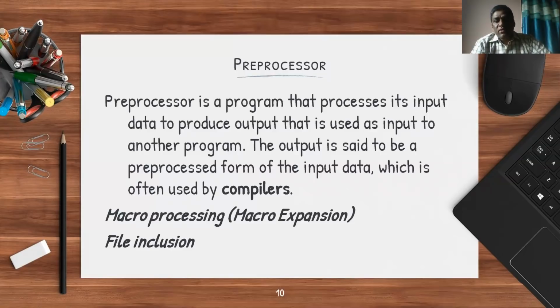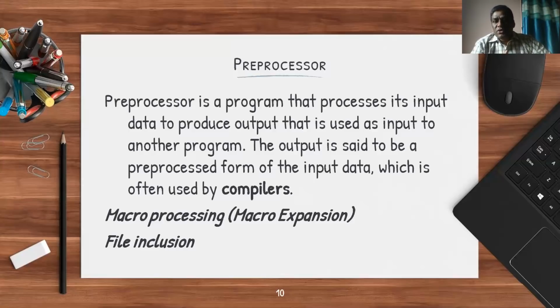So macro expansion means that whenever you use that max constant in your program, it should be replaced by the corresponding value. If the value is 20, every occurrence of max needs to be replaced by 20. Who does this? It is done by the preprocessor before it even goes to the compiler.